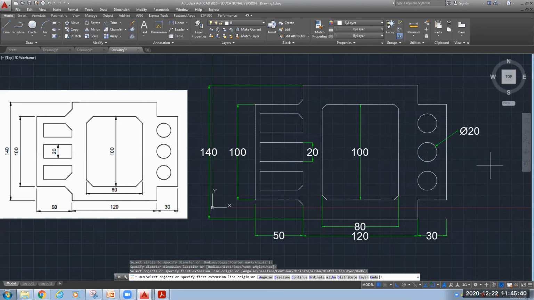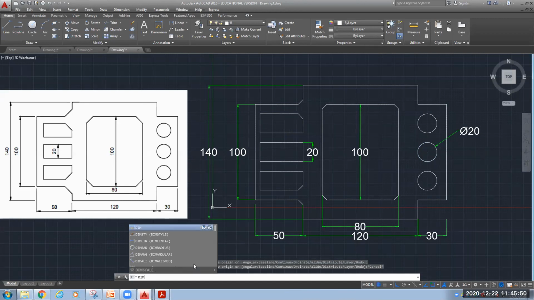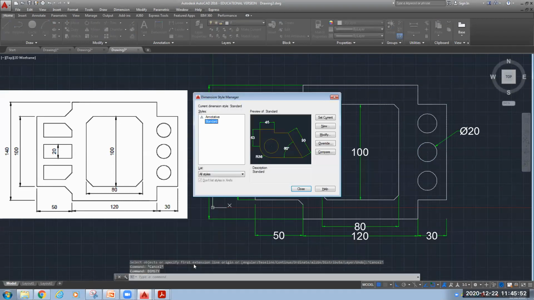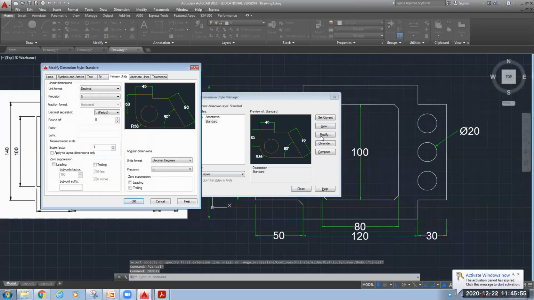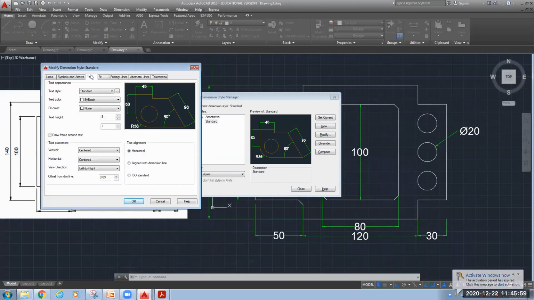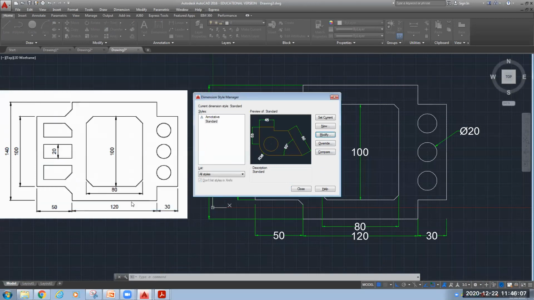So I hope all the dimensions are now visible to you. You can observe here the dimensioning style at this location and this location. So you can change that style also using your dim style command. I will go to modify, and here we have the option in text alignment, aligned with dimension line, then click OK.